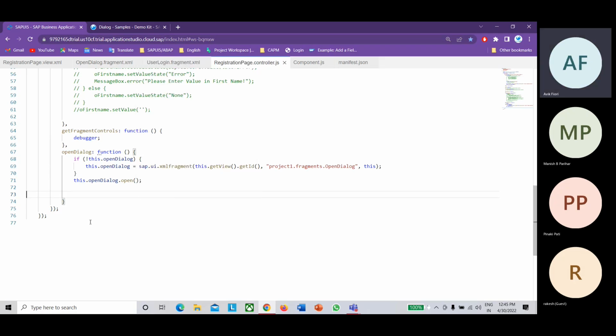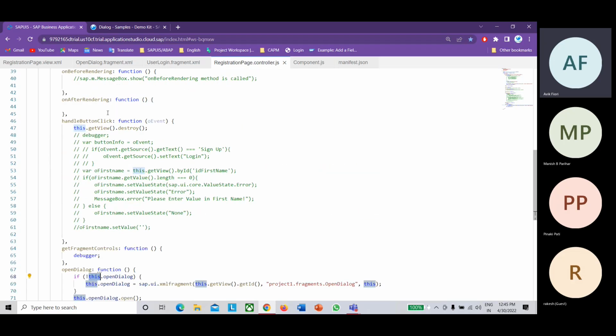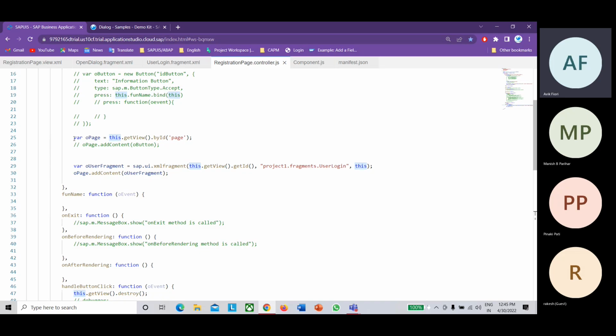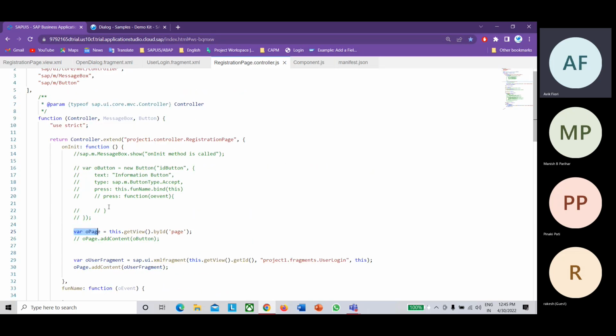So why have I used this? This means it is your controller level variable. Whatever variable you define on the this level can be accessible in any method. But if you declare a variable with the var keyword like this, it's available only to that specific method.